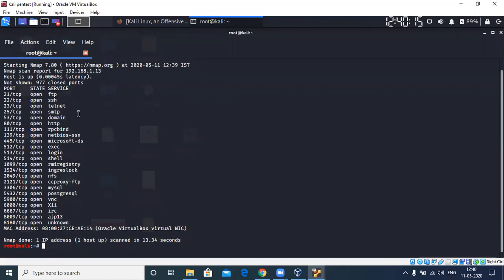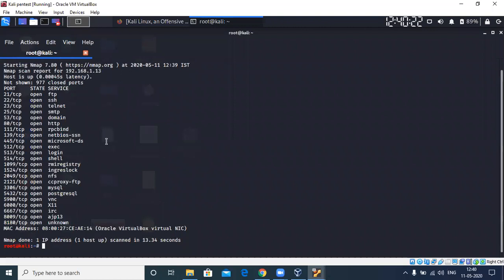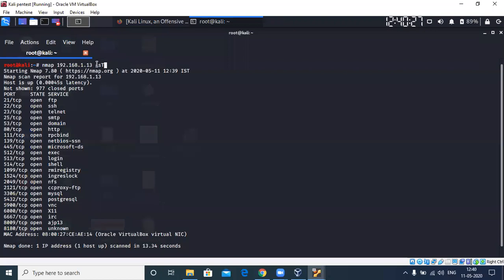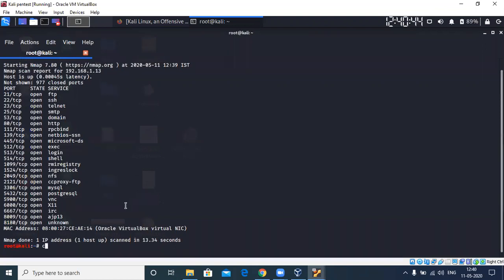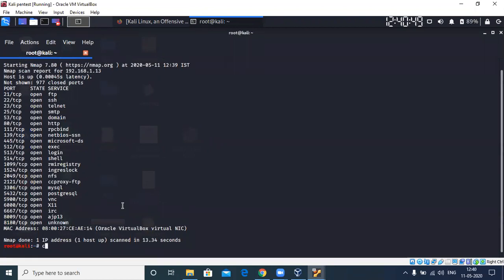So there you go. That's a fully established TCP connection, and yeah, this is very noisy. So this is how you do it, and this is the tag. Whenever you're entering this nmap command, don't think that there is any particular order for these options to be given. It can be given in any order. For example, I can write this also as nmap space -sT and then the IP address. And moreover, you can also perform this on a range of IPs too. All you have to do is specify the range.